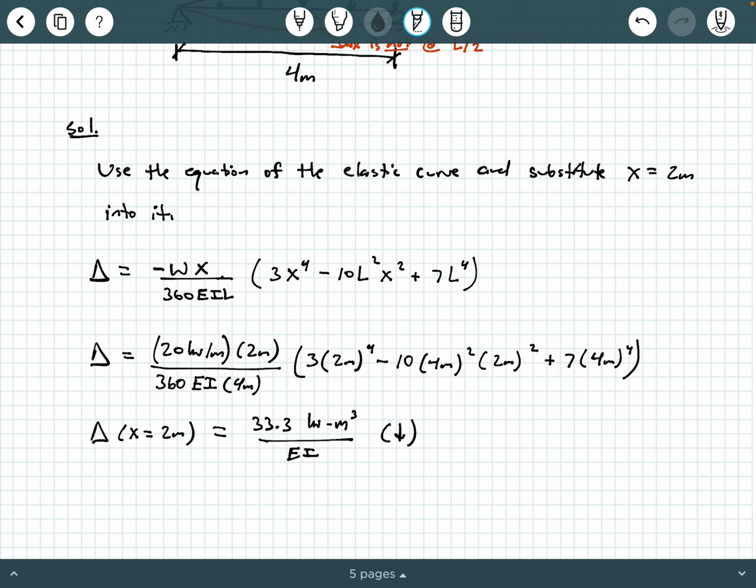Again, this is a nice example because it gets us an opportunity to use the equation of the elastic curve